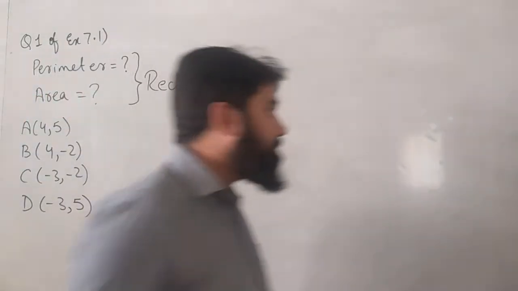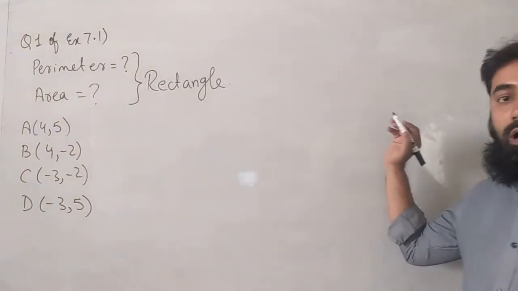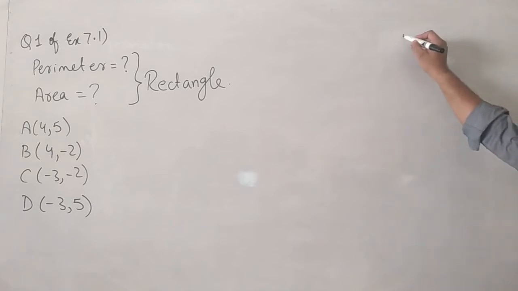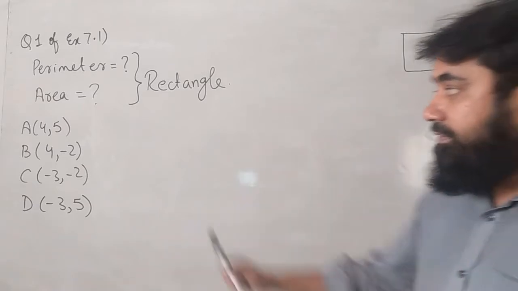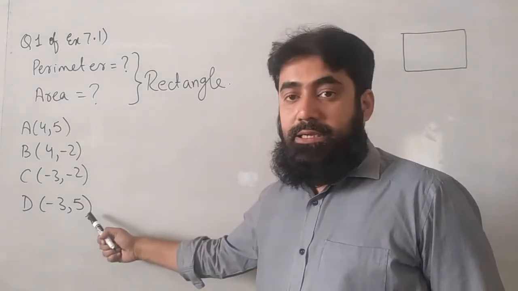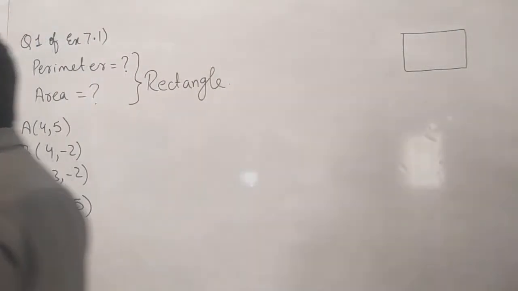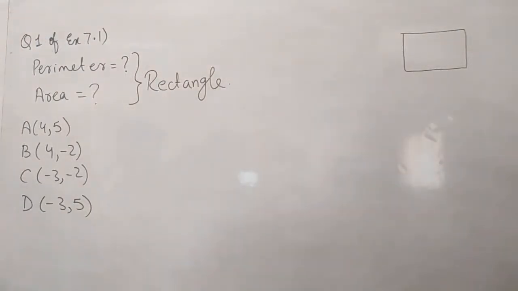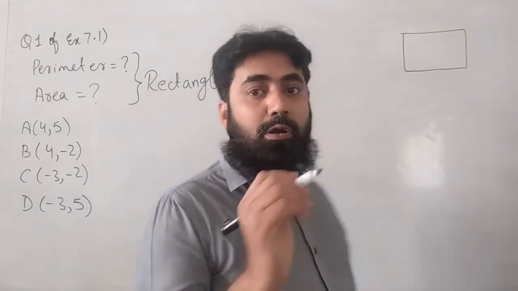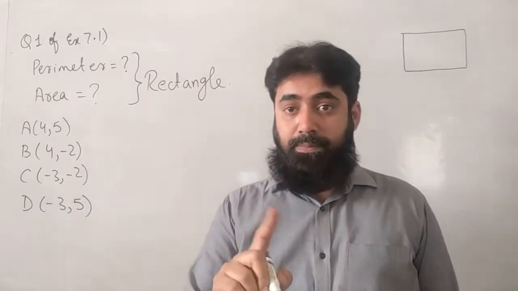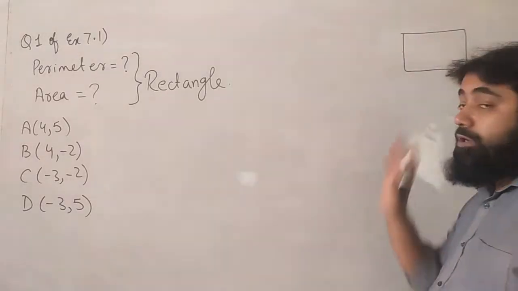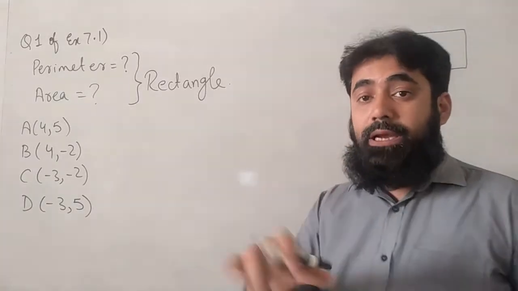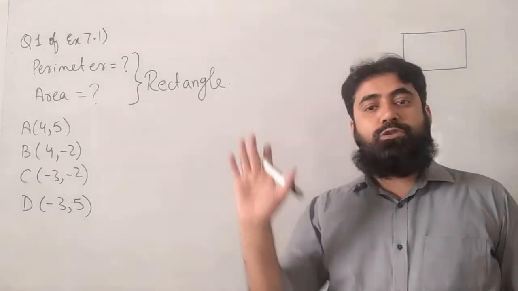Now first of all I am going to draw a rough sketch over here for a rectangle. Right now they have given us A, B, C, D, and they are telling us that we have to find the area and perimeter of rectangle ABCD. So it's a cyclic one. So how are you going to plot it on a rough diagram? I'm not doing it by perfect scaling. I'm just drawing a rough sketch.